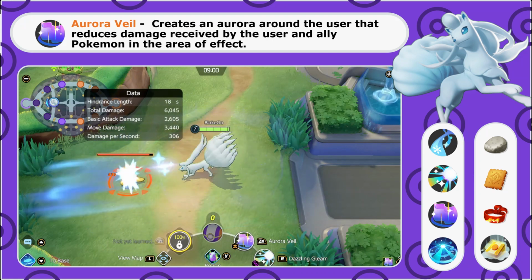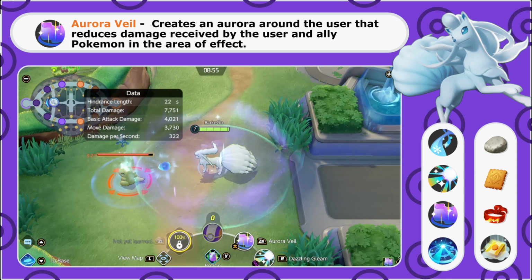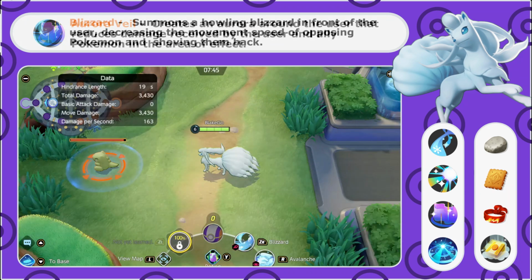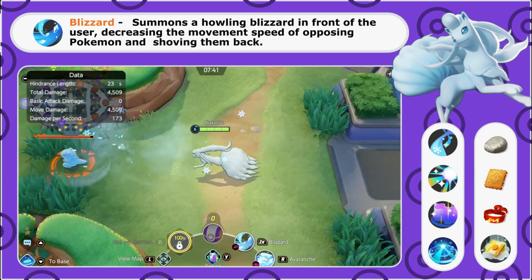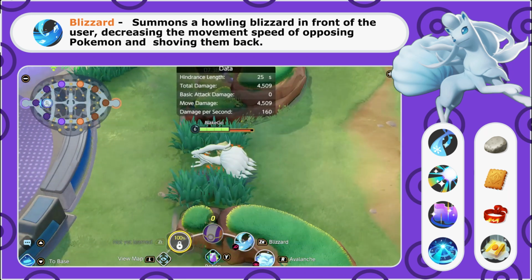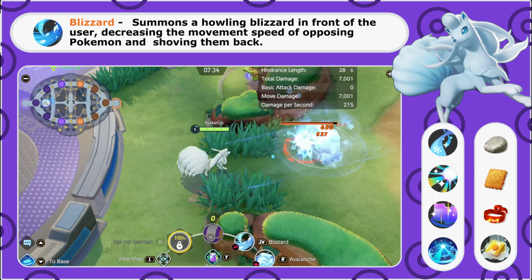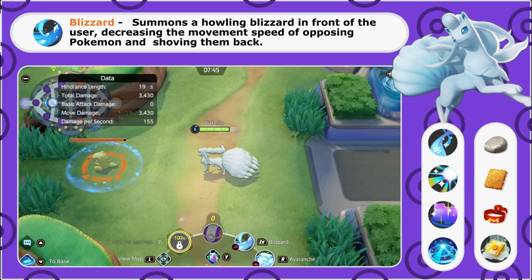Now our other option, and this is what I will take, as I said, if I need to be the damage dealer, I will take Blizzard. Blizzard summons a Howling Blizzard in 2 blasts in front of the user. The first blast deals damage to opposing Pokemon in the area of effect and decreases their movement speed. The second blast deals damage in the area of effect and also shoves them back. They're almost instantaneous. You don't notice the 2 blasts very much, and you pretty much always get the knockback